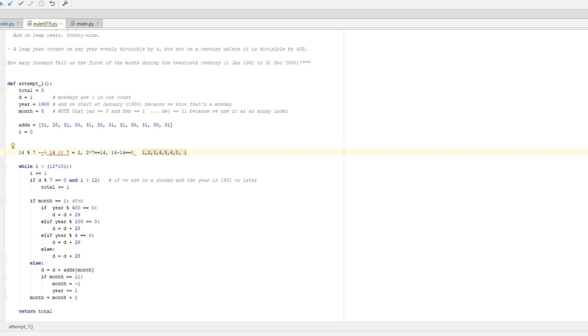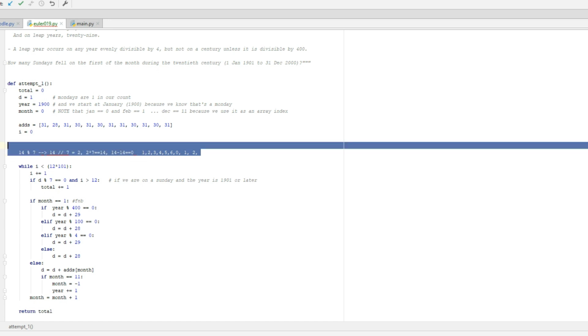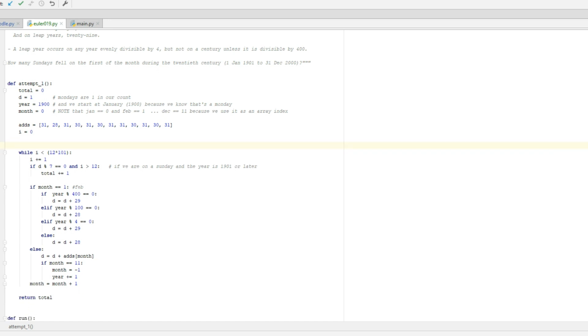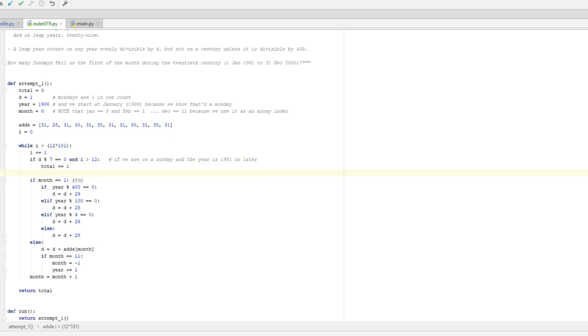Now we plug an 8 in and we get the 1 again. We plug a 9 in and we get the 2 again, and so on. So that's how modulo works for those that haven't seen this operation before. And we take advantage of it in this case because we